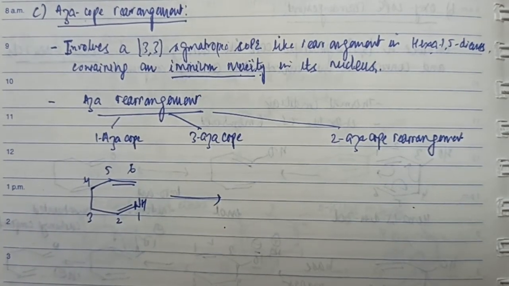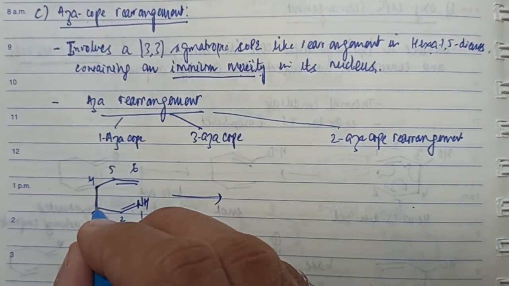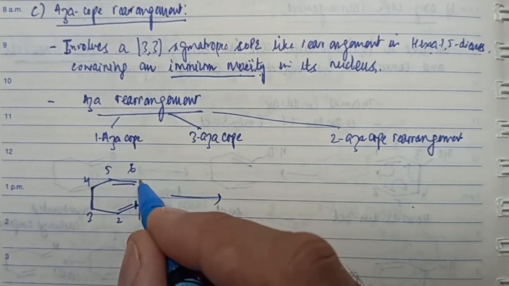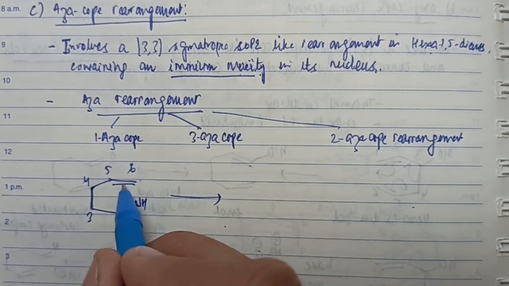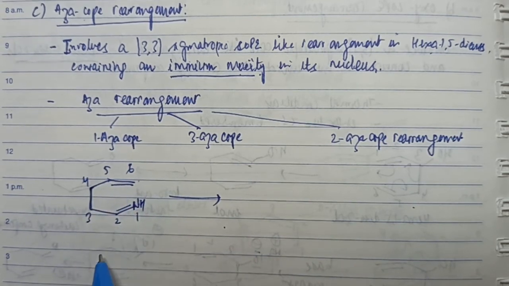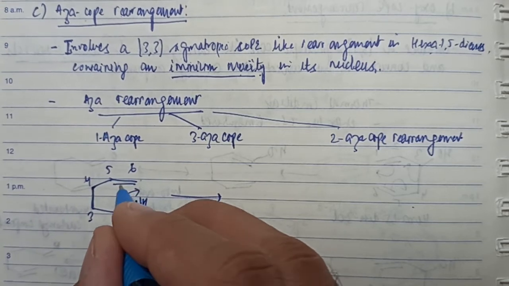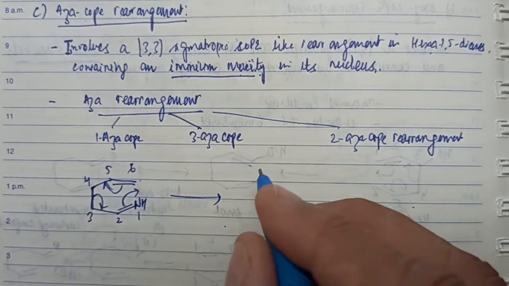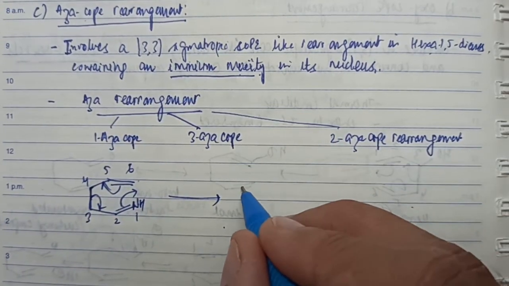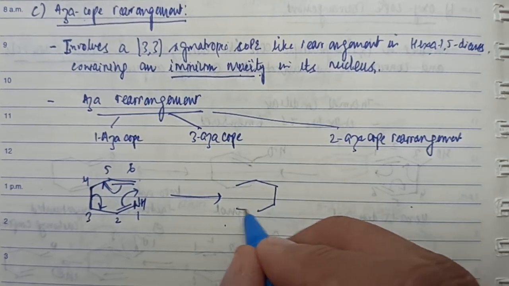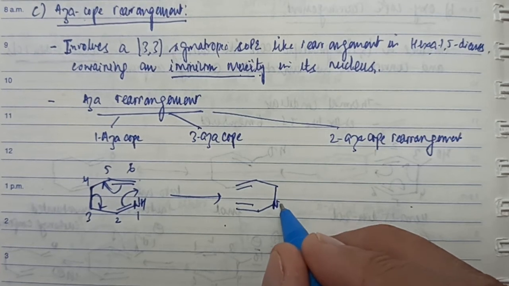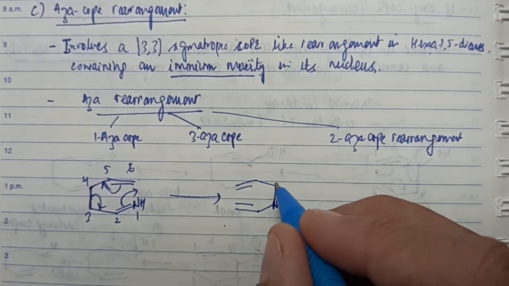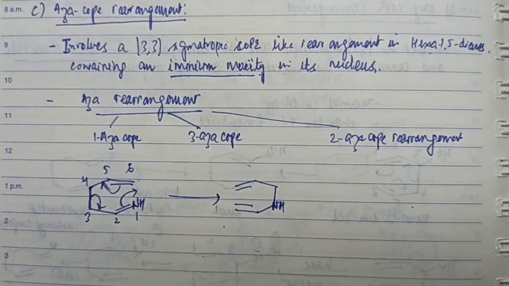The reaction would proceed in a similar fashion: there is a cleavage of the 3,4 bond and a formation of a 1,6 bond. The 1,2 bond shifts to the 2 and 3 position, the 5,6 bond shifts to the 4 and 5 position. To write the product, all I need to do is move the arrows in this direction, and the result would be the formation of a double bond here, a double bond here. This nitrogen gets here, and this one is your molecule.